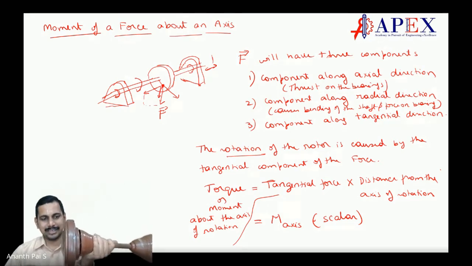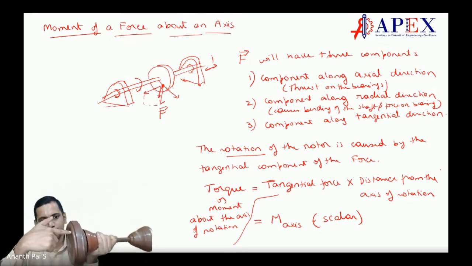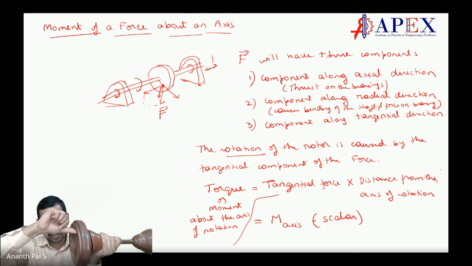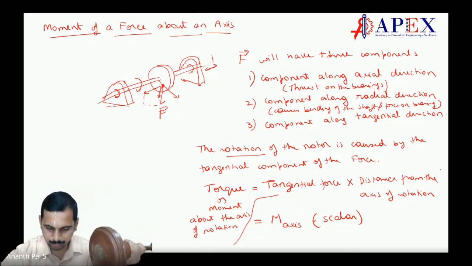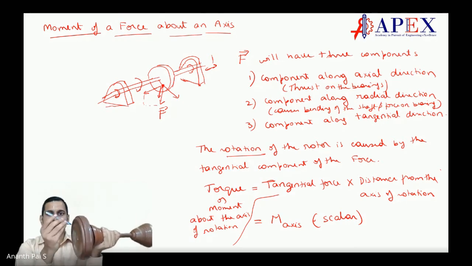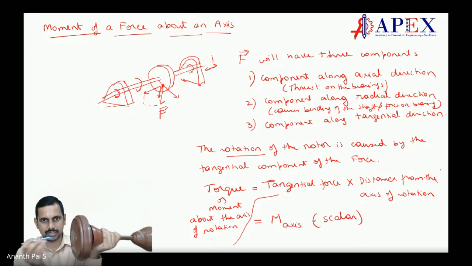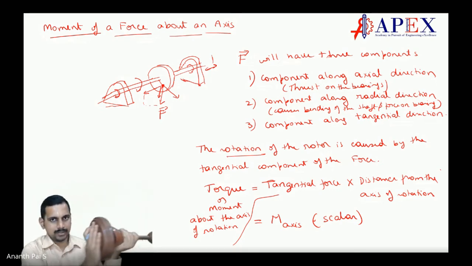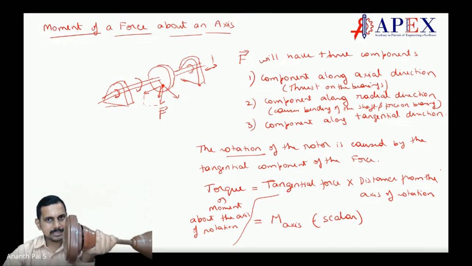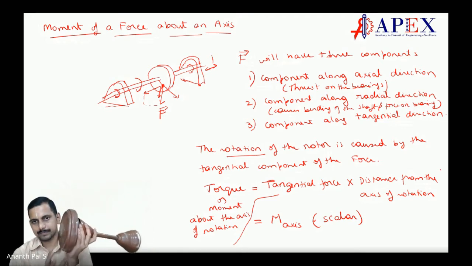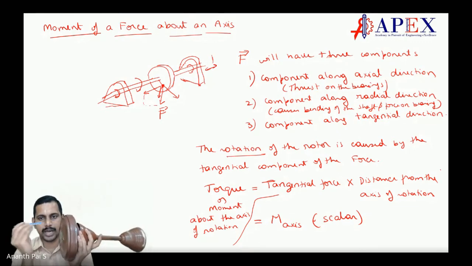Now if I put a force here, one force, let us put the force direction as this. This is a force which is acting. The component of this can be axial, along the axis. A component can go along the axis. It will try to push the fan, this rotor. Are you able to see this, students? Yes, sir. So one component is the one which goes along the axis.